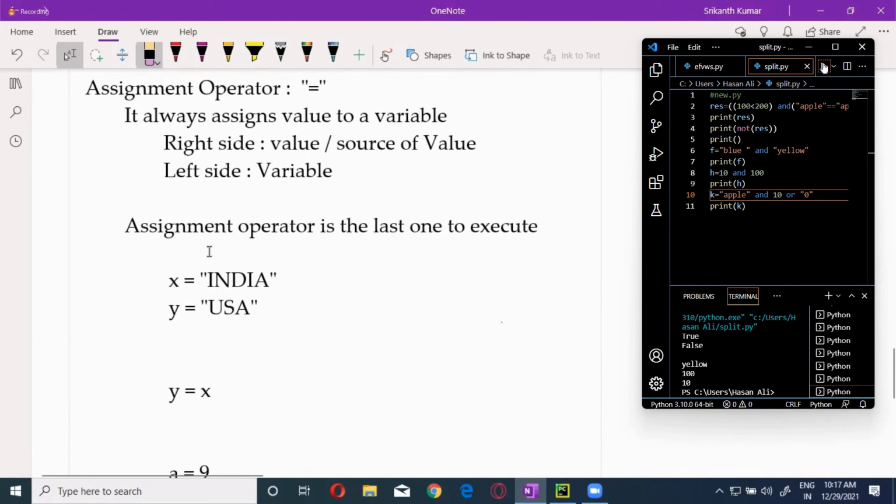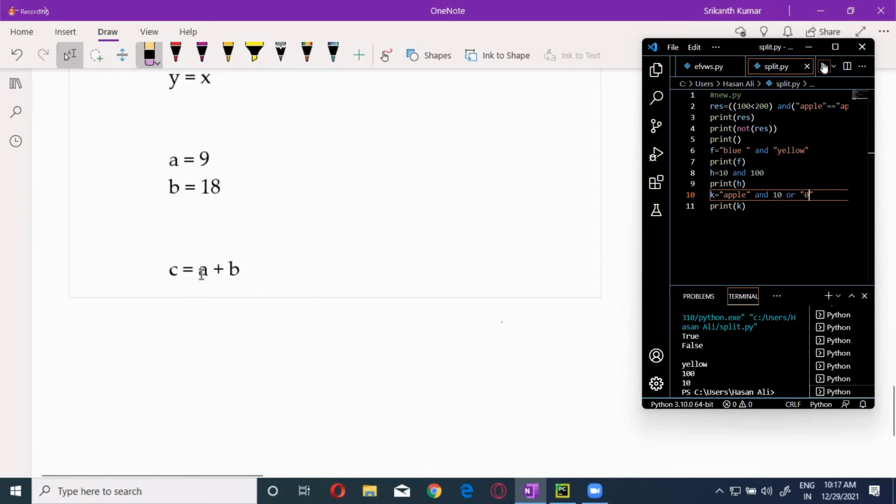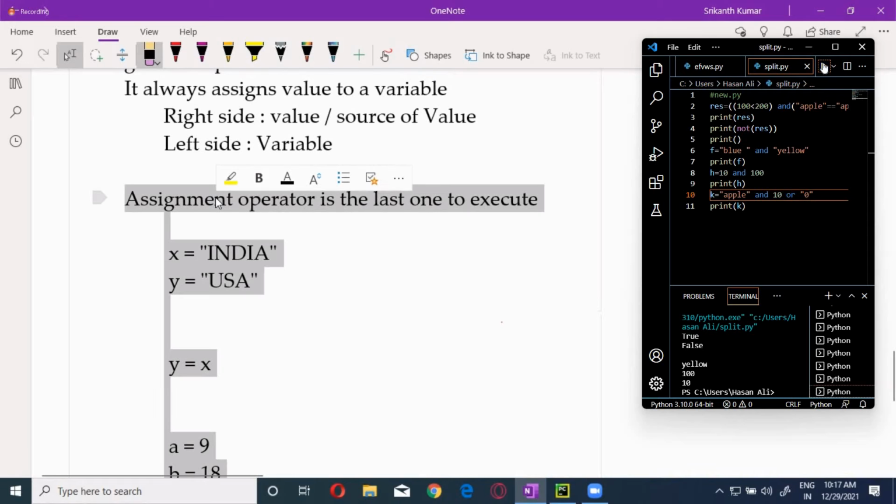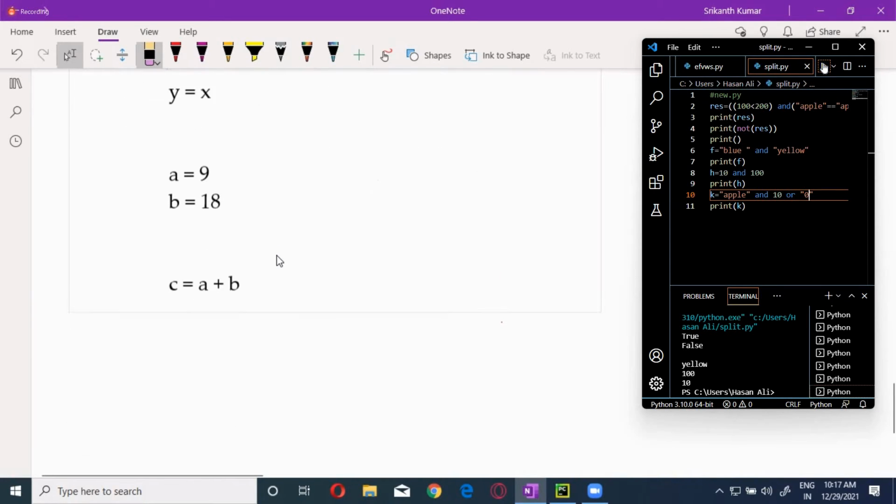That's what I said, guys: the assignment operator will execute last. If there are 10 operators, all 10 will be completed first, and then the single resulting value will be assigned to C. So whatever operators are on the right side are completed first, and the single result is assigned to C. It is the last one to execute.